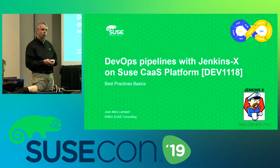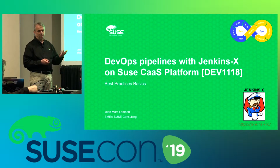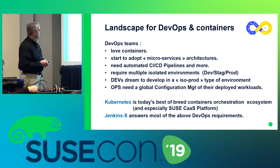This toolbox, we can say, is called Jenkins-X. So it's what I will first present to you during about half an hour, and after we'll have a demo on all that stuff. Okay. So first, the landscape that today we have in the DevOps team is that people love